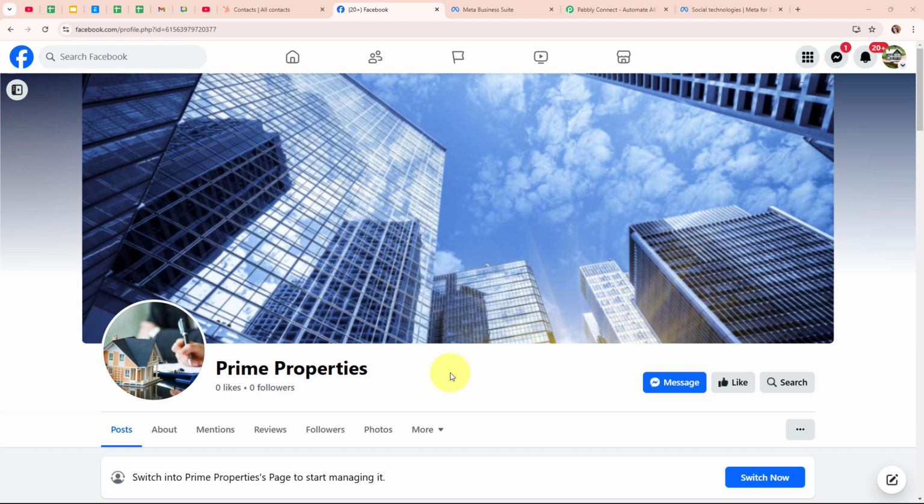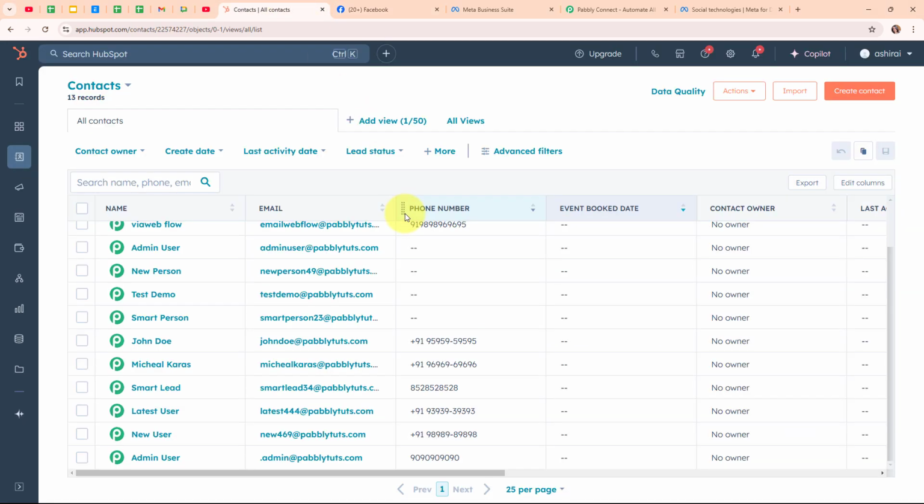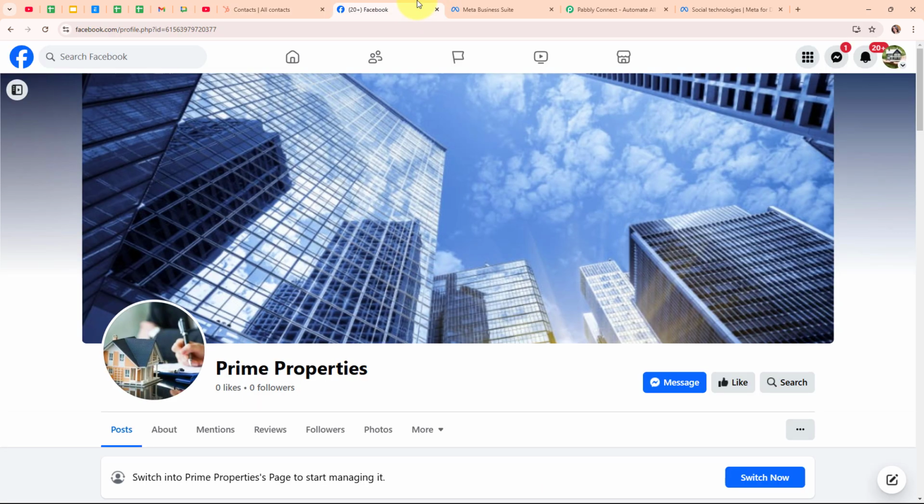By connecting Facebook lead ads directly to my CRM, that is HubSpot CRM, I can automatically capture contact details from potential buyers and renters in real time, ensuring no lead slips through the cracks. This integration helps me streamline my lead management process, save time and respond to inquiries faster, ultimately improving my conversion rates and boosting sales. So to automate the entire process, I need to connect my Facebook lead ad with